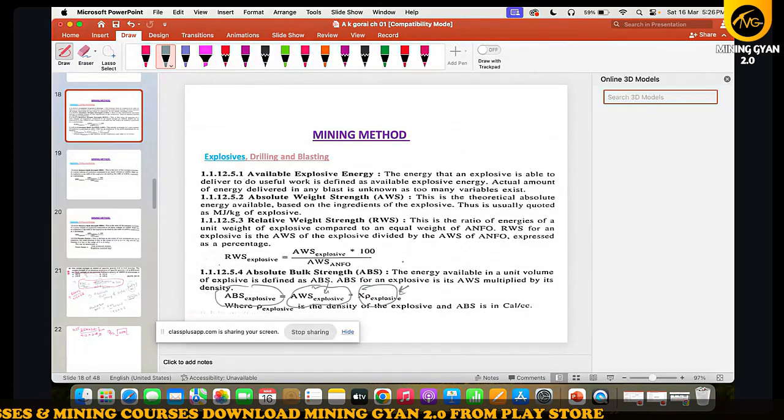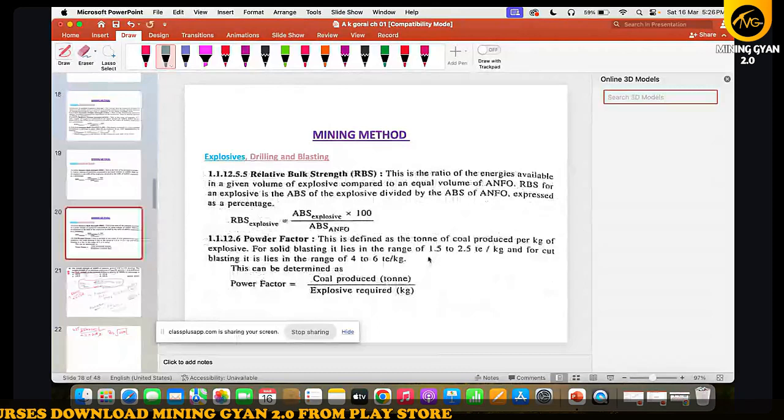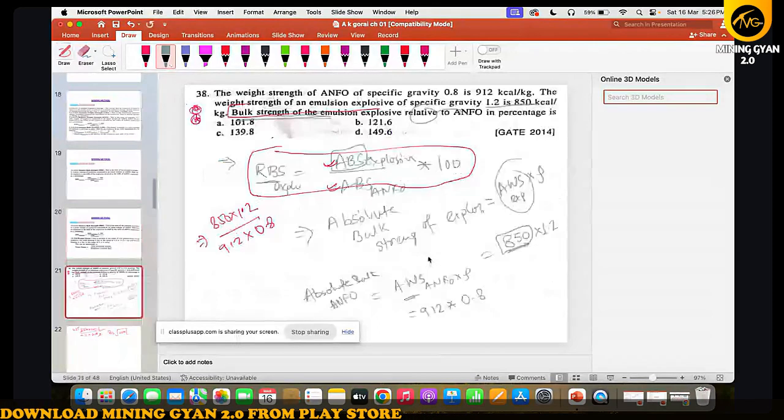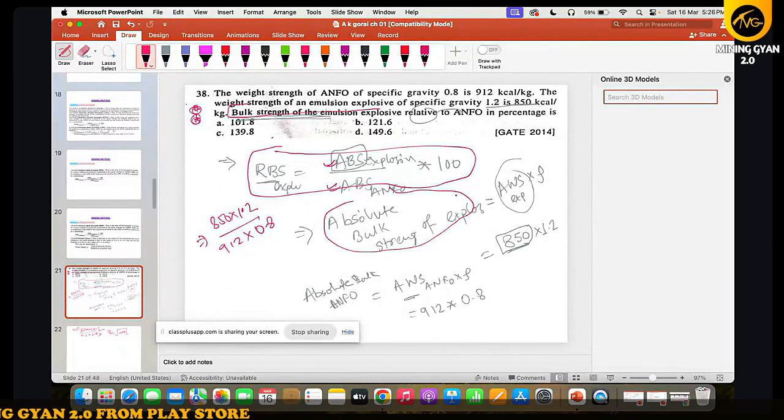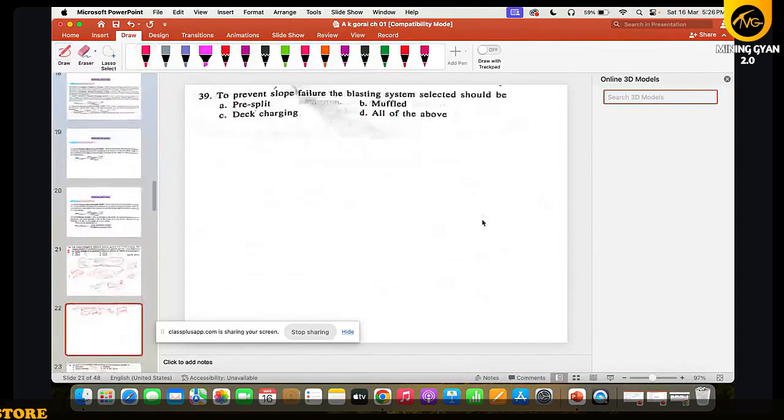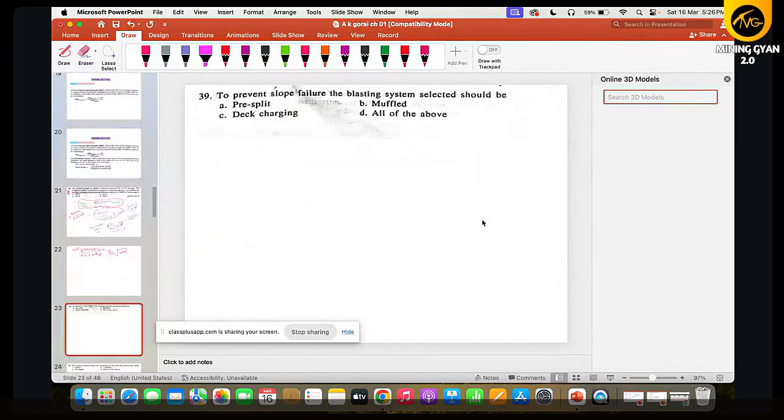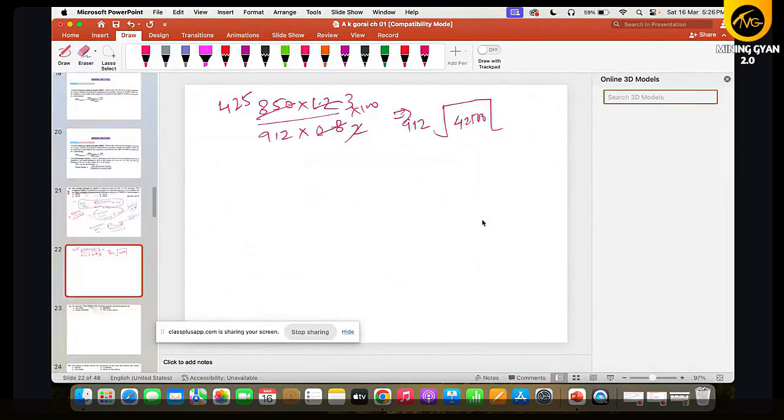ठीक है रविंदर जी, इसलिए यूज करा है। क्या मैं ज्यादा फास्ट चला गया क्या? फॉर्मूला भी लिखा है ना भाई मैंने कि एब्सोल्यूट बल्क स्ट्रेंथ का मतलब ये होता है AWS इनटू रो। ANFO है तो AWS ANFO इनटू रो।